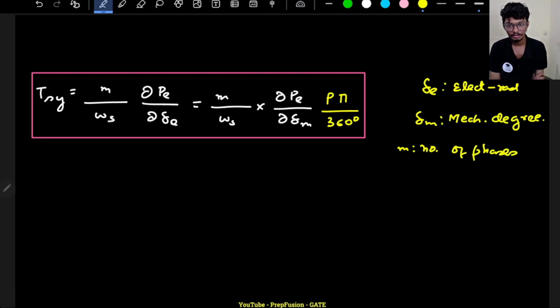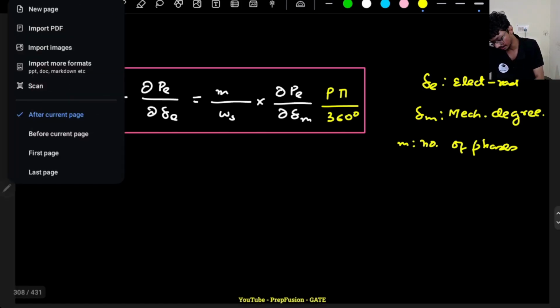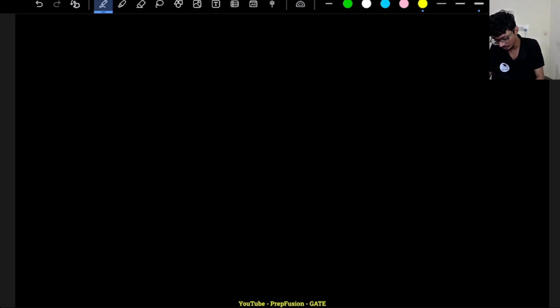Now let me derive one more thing, the expression of synchronizing current, because how much transient current will it take, right? So that is what I want to derive. So now let's discuss the amount of synchronizing current that it will take. Okay, that is what I want to derive right now. So let's discuss about the synchronizing current. Why? Because